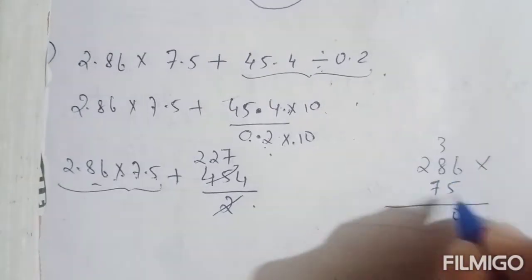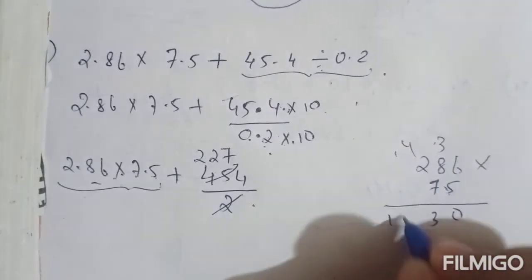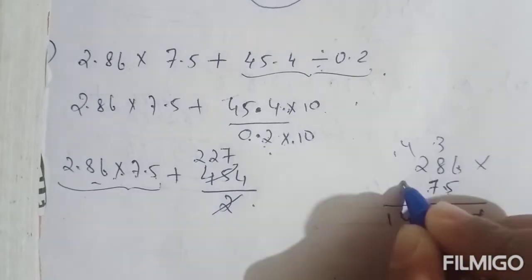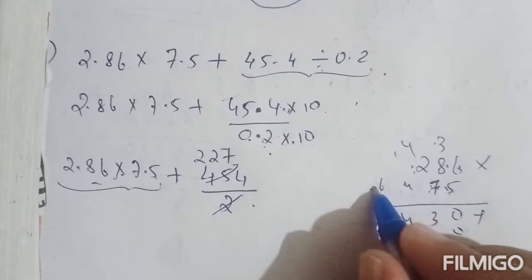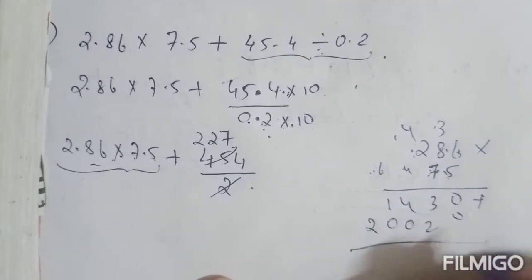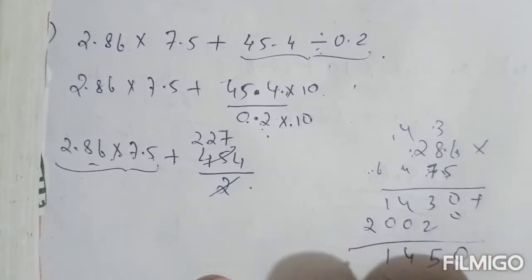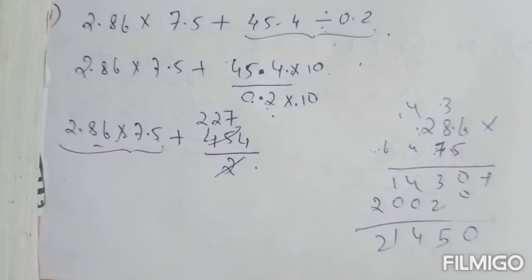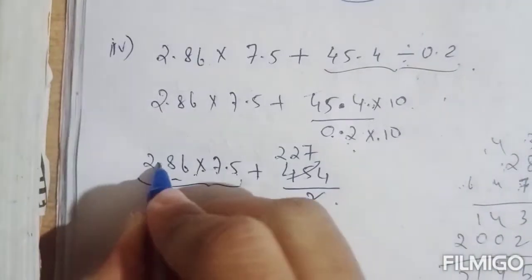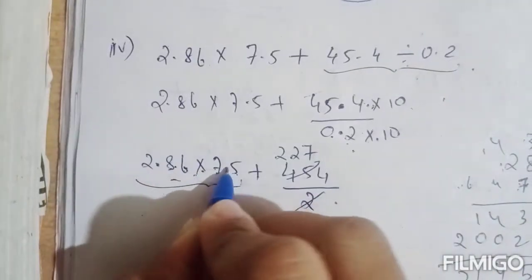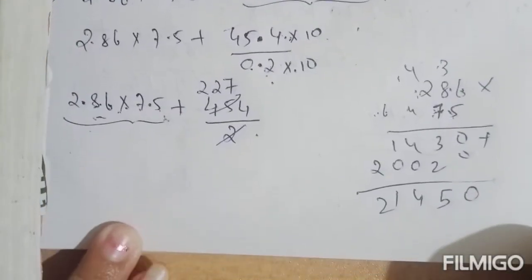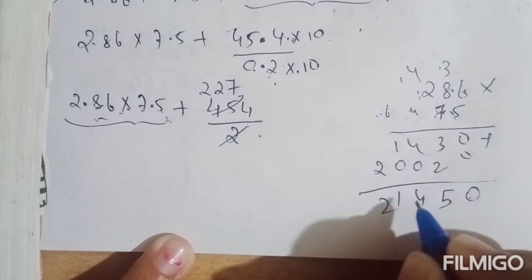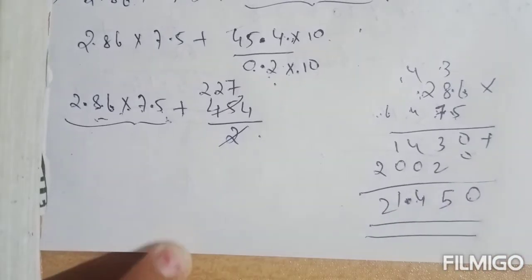6 into 5, 30, 40, 43, 10, 14, then 42, 56 plus 4, 60, 14 plus 6, 20, 0, 5, 4, 1, 2, 21,450. After decimal point, 2 places, here after decimal point 1. So in total 3 places should be there after decimal point 1, 2, 3. So this will be the answer,